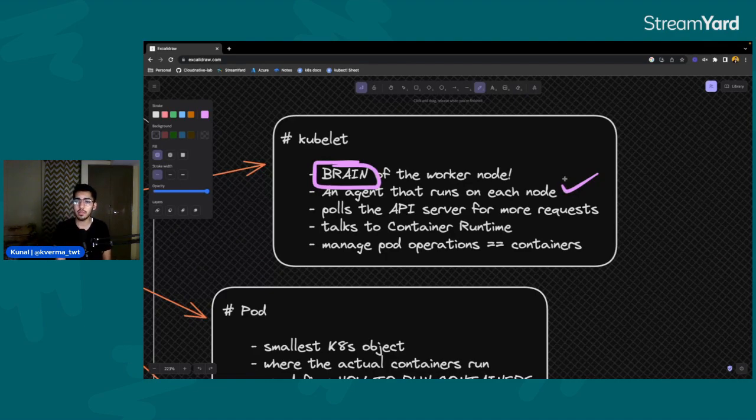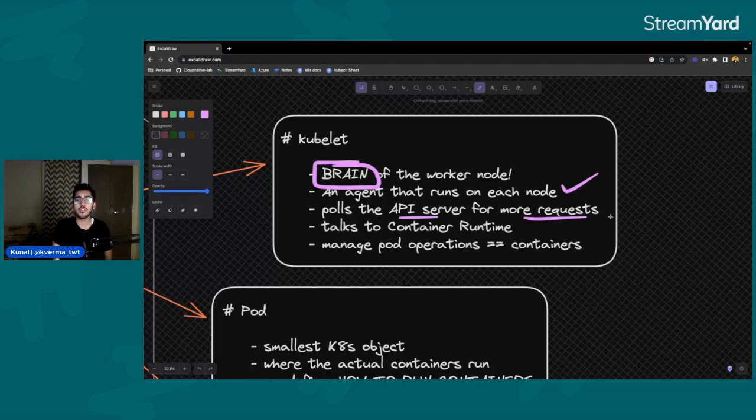But now, whenever I mention a node from this part of the video, I'll mean the worker node. Okay, this is the worker node that I'm talking about. So the kubelet runs as an agent in every node. If you have multiple nodes, there would be a separate kubelet in each and every node. Now, the main job of the kubelet is to continuously poll the API server for more requests. Our main application is running inside the worker node.